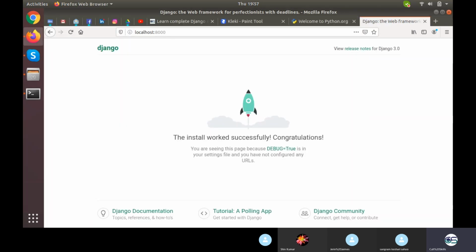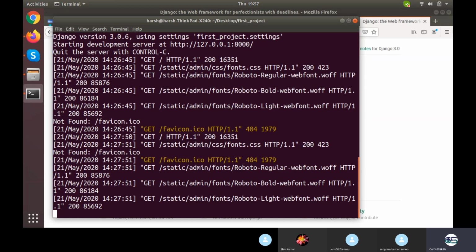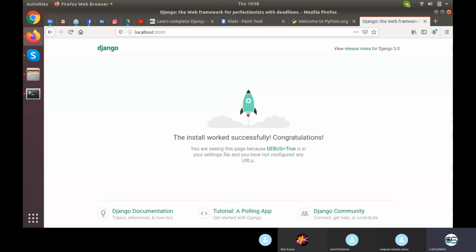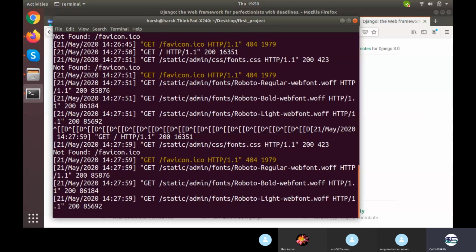If I reload that, the server will be refreshed. You can just check it out. I made a wall of this bracket D right here. When I refresh the server, everything will go downside as well. After the wall, there would be some 5-6 lines because of the requests for different fonts, in order to load the page. Now this is what the power of Django looks like. Within 5 minutes you have developed a basic page, which has nothing to do with your business, but it is a working page.